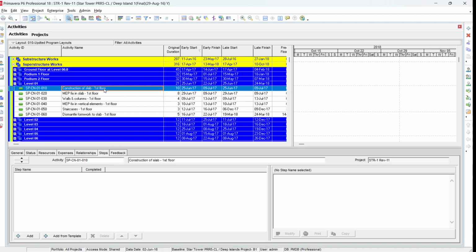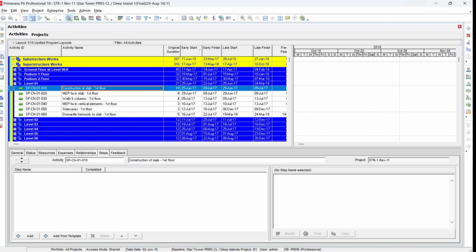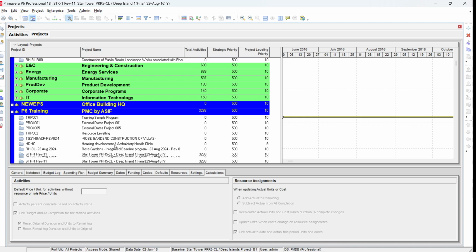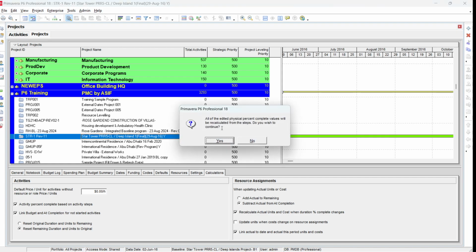So if you want to use the steps, click on the activity you want to add the steps to, and go to the project tab. In the project window, just select the activity program. Okay, and here go into the calculation tab. In the calculation tab you will find activity percent complete based on the activity steps. Just follow my mouse. So if you see here, we have an option, activity percent complete based on the activity steps. Just click this one, and